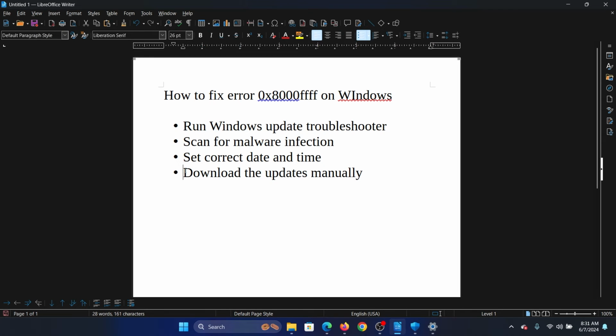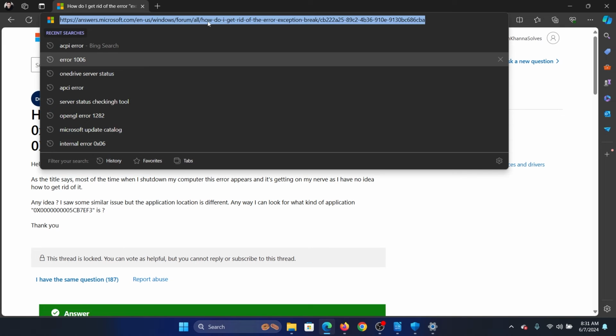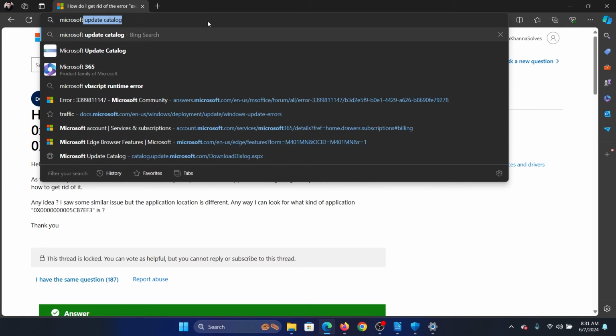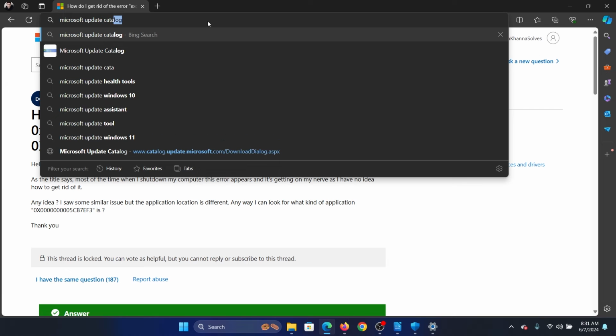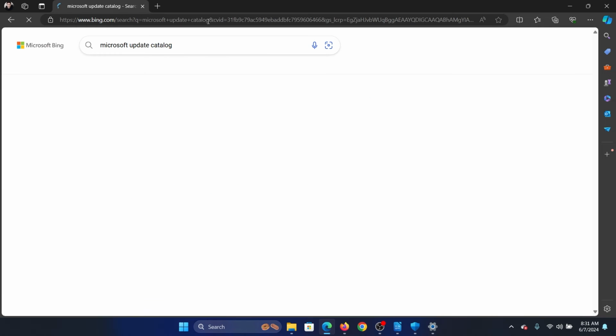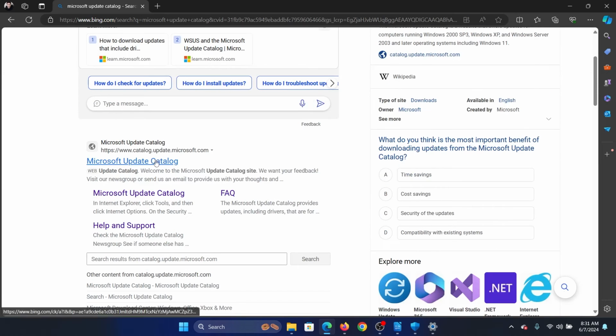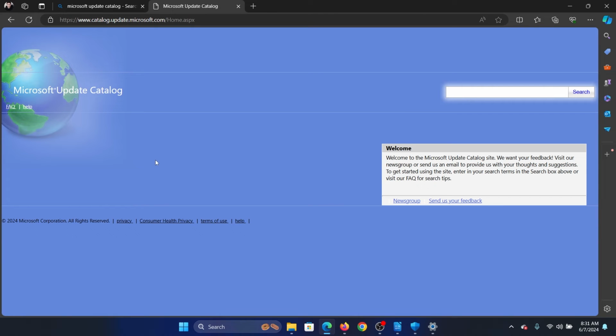And the last solution is to finally download the updates manually. Go to Microsoft Update Catalog. Okay. Scroll down and click on catalog.update.microsoft.com. Type the latest month, like in my case, it's May 2024, so I'll type